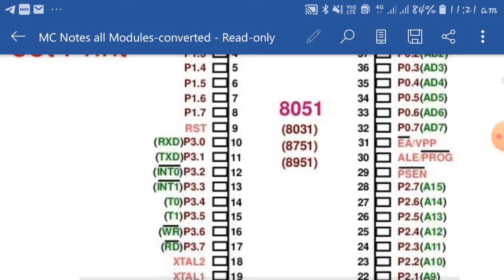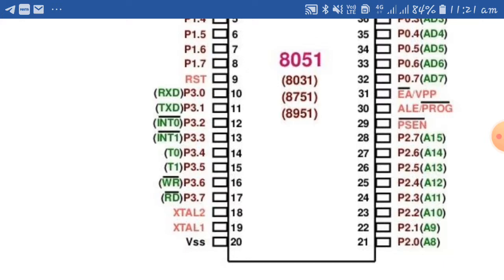For port 3, all pins have distinct functions, you can say multiple functions. From the 0th bit of port 3 to the 7th bit, each pin has a different function. RxD and TxD are for serial port functions, receiving and transmission. Interrupt 0 and interrupt 1 are hardware interrupts.